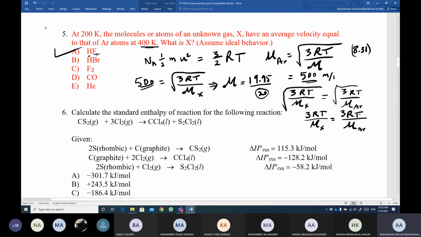This way the 3R and 3R will go away, and we have 200 over molar mass of X equal to 400 over molar mass